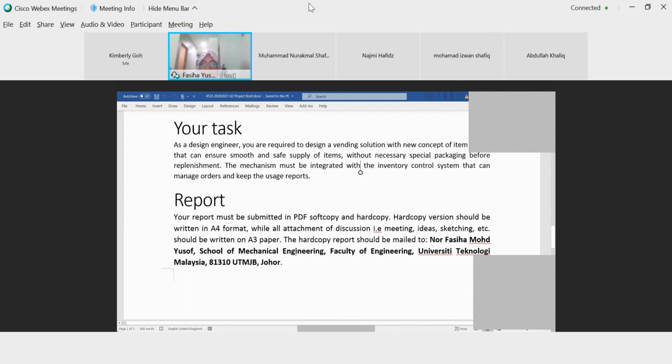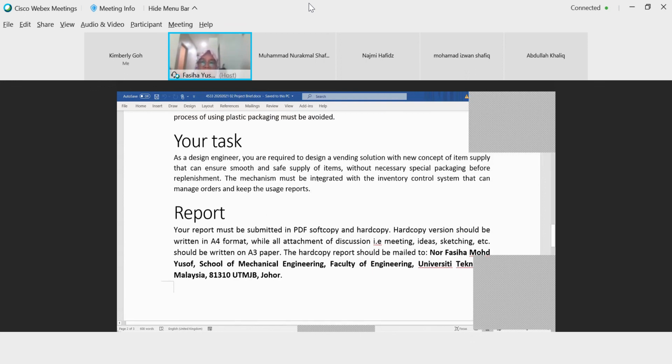But please, at this stage, I know all students are normally like this. Given a problem, then you straight away have the solution. Oh, I want to do like this, I want to do like this. Okay, stop thinking about that. Stop thinking about solution. It's not yet. You remember that there is a process that you have to learn, and that process will assist you in creating the best solution for this problem. Never think about solution yet.